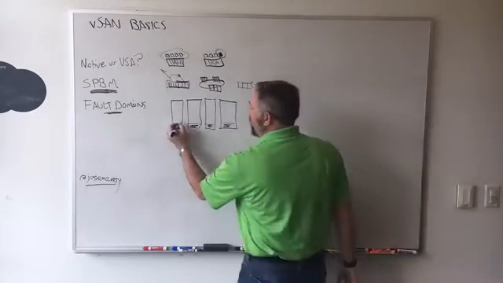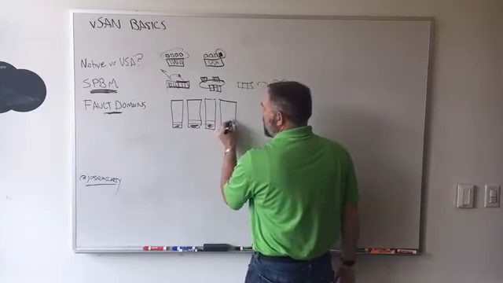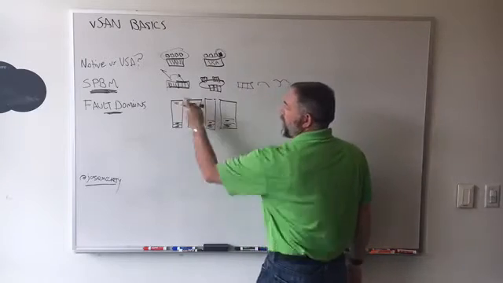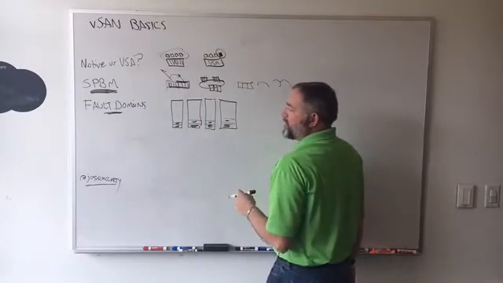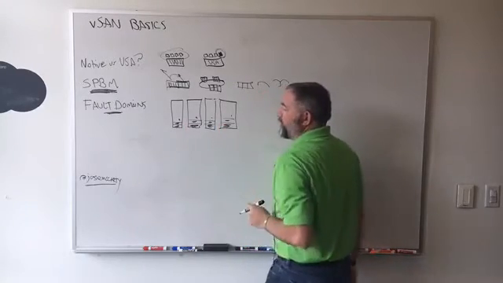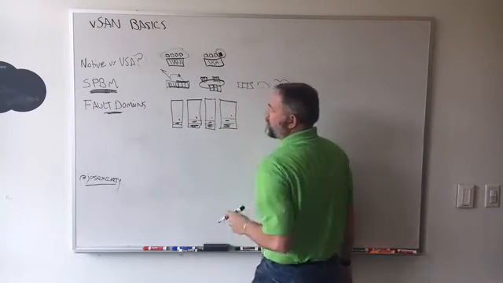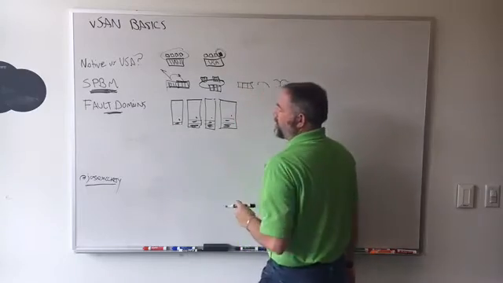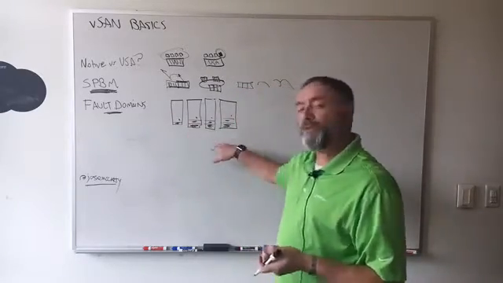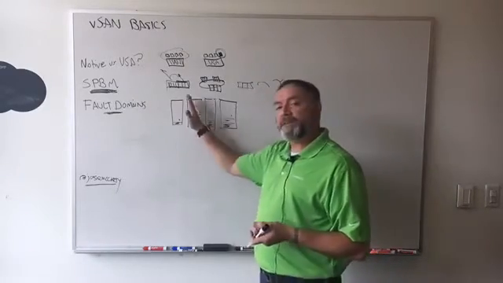Now, if I add another host to each of these and I put them in a construct of 2 hosts per fault domain, as I'm applying these SPBM policies, I'm going to write data to fault domains individually. Now, if I lose a host here, this host is gone, let's say, because I don't have another host here, I'm not going to rebuild anywhere on the other fault domains because I isolate the way that I write the